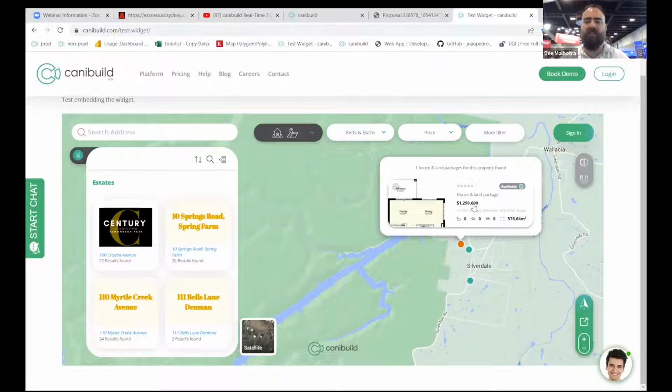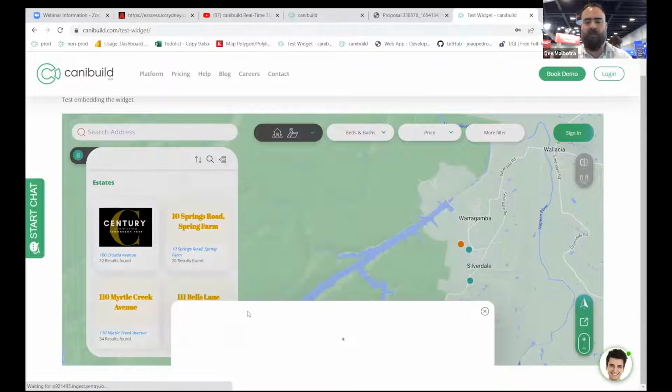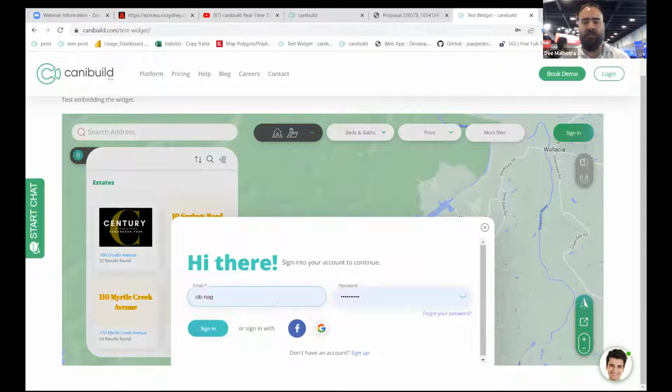So you can start packaging on blocks of land that are on the open market and start using it for lead gen. If I click on that, it'll ask the end consumer to validate their access. So you can do that quite easily. If I sign in, I'll just log in. Basically that means you have a validated user login. You'll have the ability to get that information so you know who they are. You're able to call them. You're able to see what address they're looking at, what design they've picked, or what house and land package they're interested in. So here, if I log in